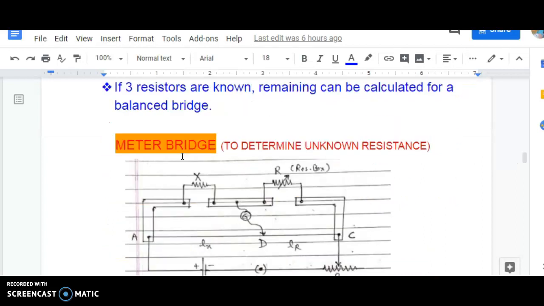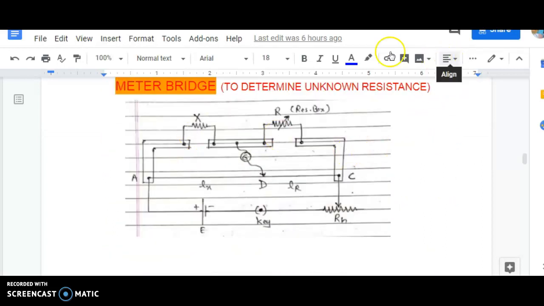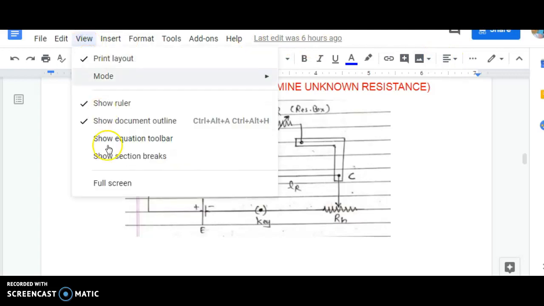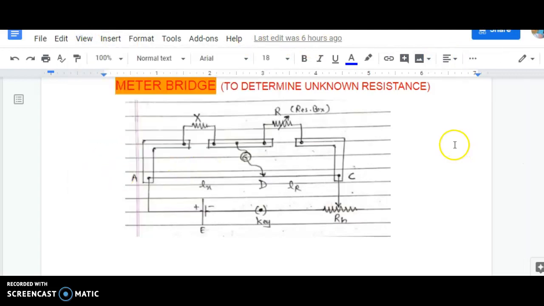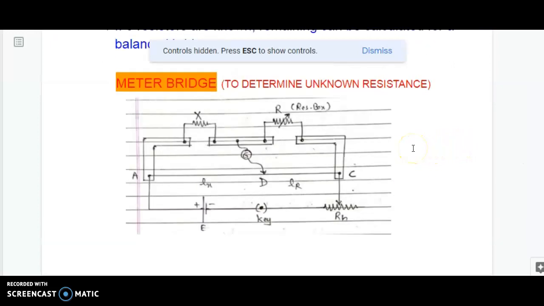Let's first of all see what this meter bridge consists of. The meter bridge consists of 1 meter length of wire. We call it a thin uniform wire AC, which is fixed on a wooden support. These two end points are A and C. At the left end point A as well as the right end point C, we have two L-shaped metallic plates between which I fix a straight metal plate, so that we have two gaps, one on the left hand side, the other on the right hand side.